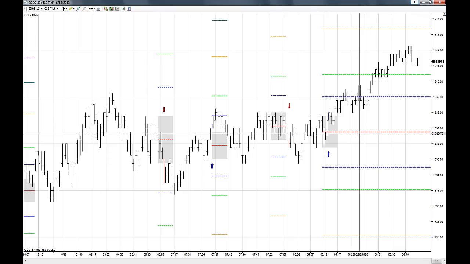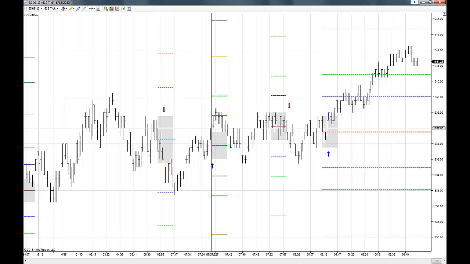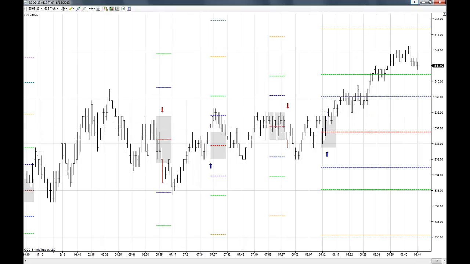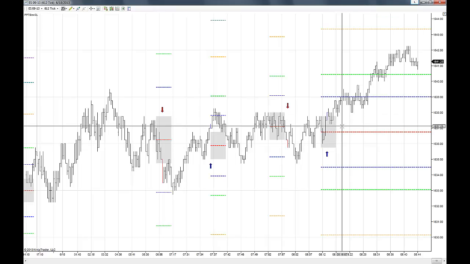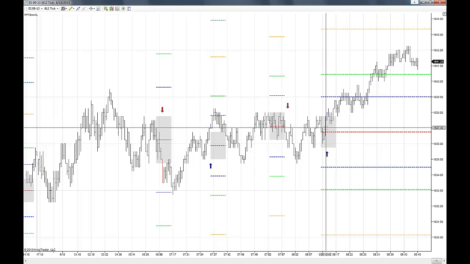What that means is that we have an understanding that every situation is unique. This situation here is totally different than this one. You could say, well, look, we got a box here, and this was a blue arrow, and we got a box here, and this was a blue arrow, so they must be the same. Well, no, it's not the same. It's completely different. The conditions that existed in the market at this time